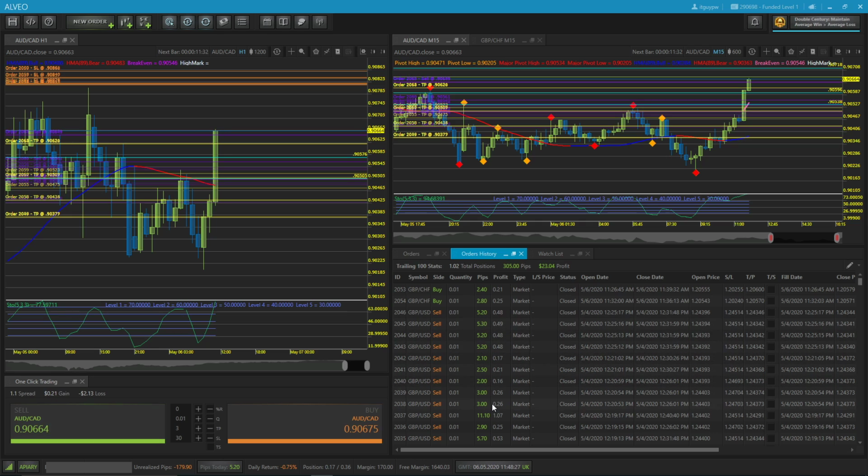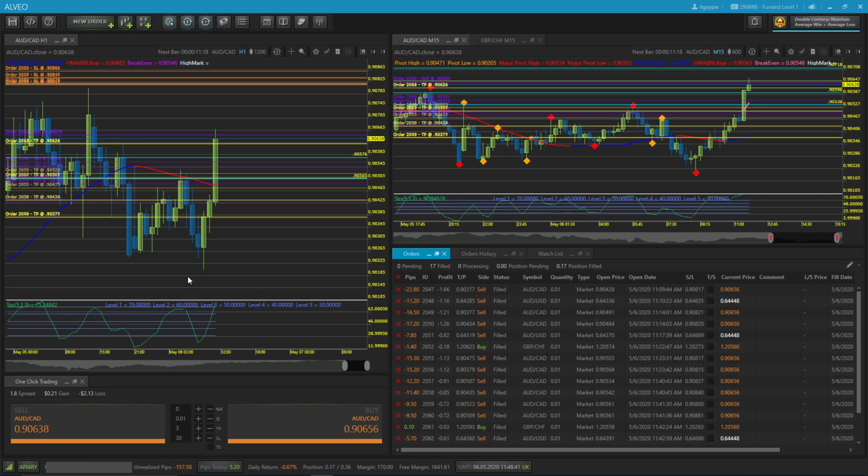And the market actually ended up coming back to us, and I ended up making quite a few pips that day from us leaving that trade on. So same kind of thing may happen here,